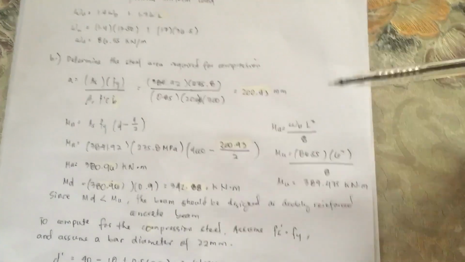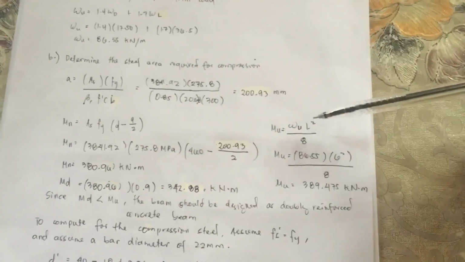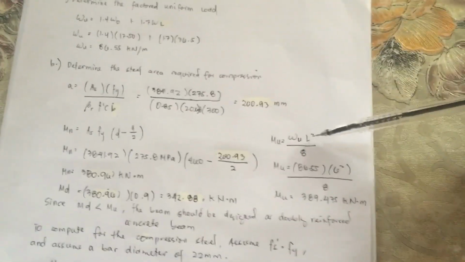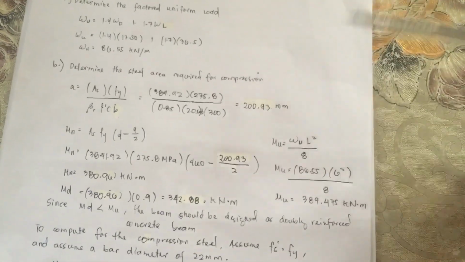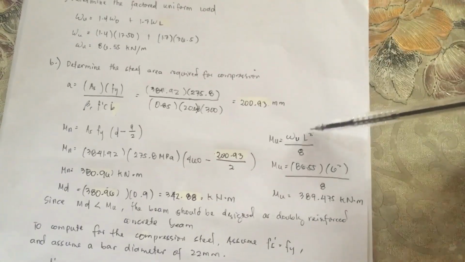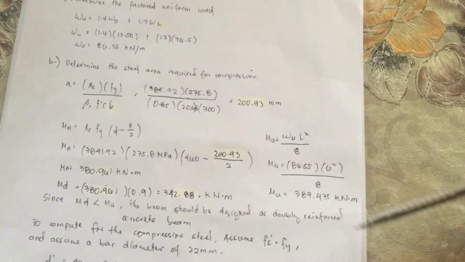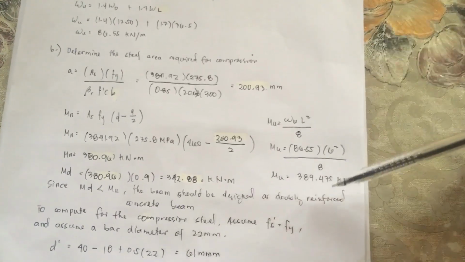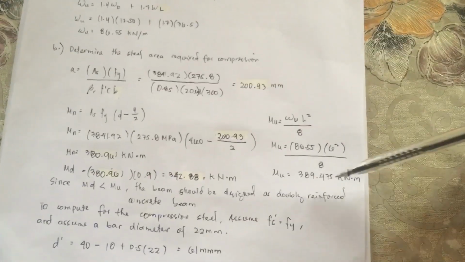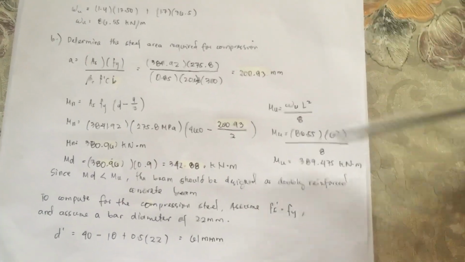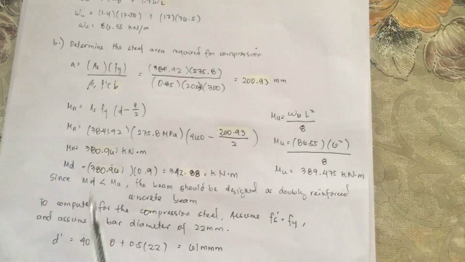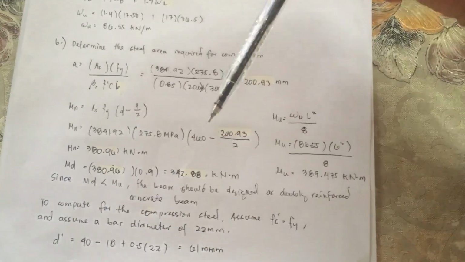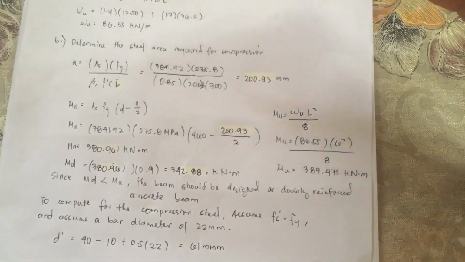To get the maximum moment experienced by the concrete beam, we have this formula. Mu is equal to omega u times the span of our concrete beam squared over 8, where the span is L. By substituting all the given values, we get the maximum moment in the concrete beam equal to 389.475 kilonewton meter. Now, since our phi Mn is less than Mu, this beam should be designed as a doubly reinforced